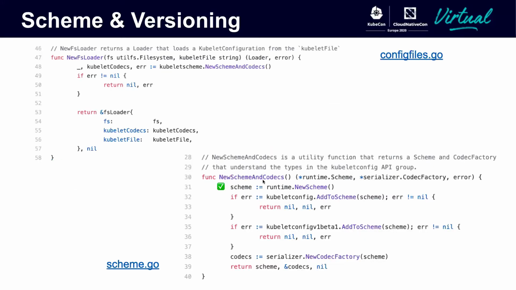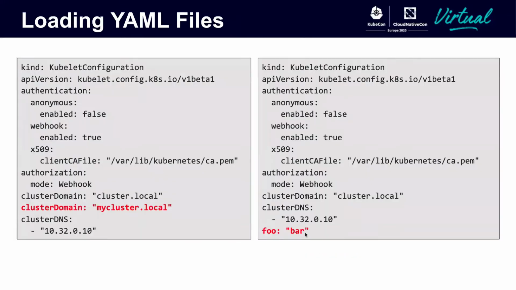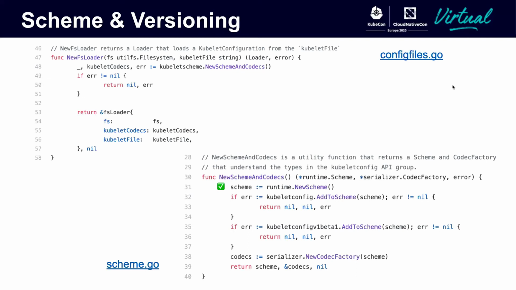All right, so this is what the scheme does: it gives us some tools to convert between versions. And speaking of versions, this is exactly what we do here. We tell the scheme which versions are available. And we can see here it's the v1beta1, the version we see here. So v1beta1 is basically the external API, it's called. And then we also register another thing in here, and it's just called kube-config without a version.